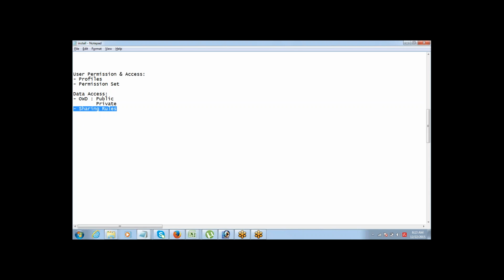Who are we talking about? It can be someone like a system administrator, or the person who is working on reports. Someone from the senior management team. These people still need access to all the data, and they are the ones who need to be kept out of this OWD private setting.